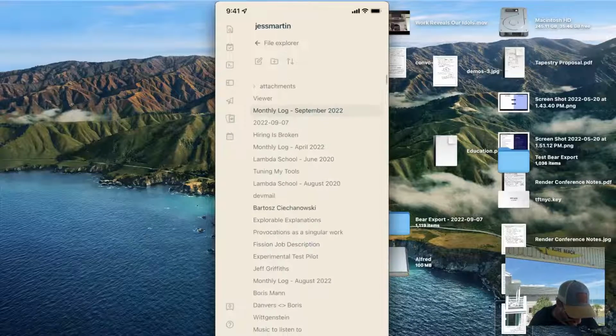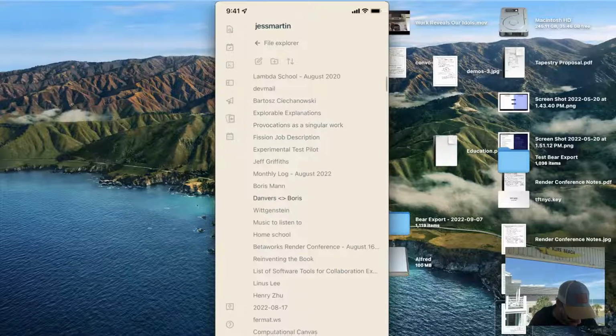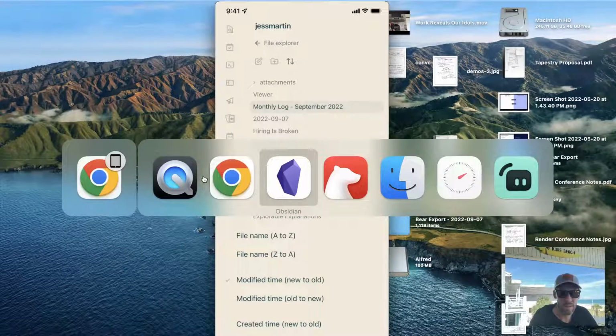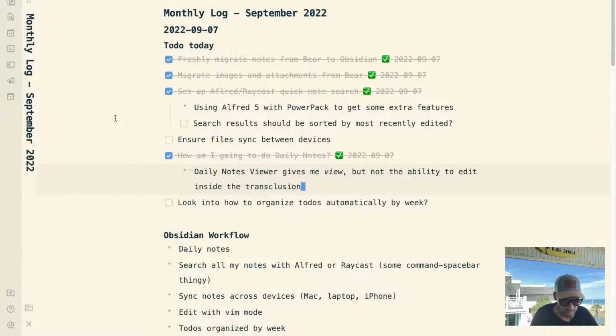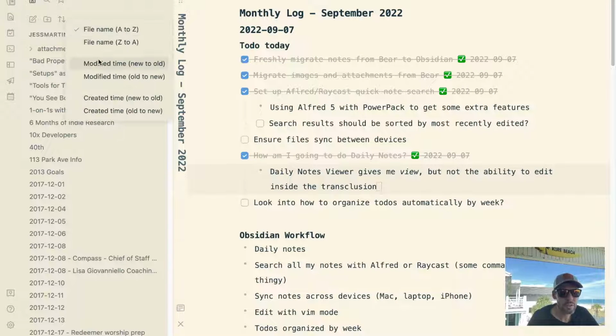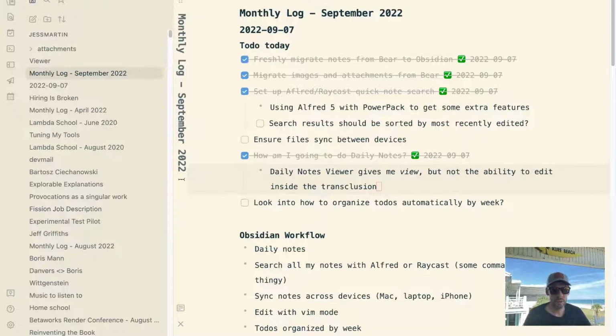There we go. That's much better. And I wonder if that setting automatically populates over here too. Well, it doesn't appear to, but that's okay. We'll set this to modified time as well. Okay, great. So we are now in a pretty good spot.